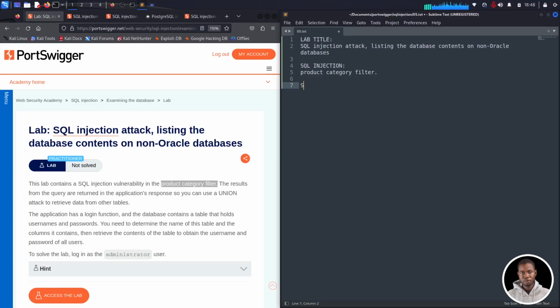So we're going to be having SQL injection type is union attack. In case you're not familiar with this union attack, you can quickly check the video description for a link to the previous labs where we discuss different types of SQL injection and how you can spot them and exploit them. So the next thing we have is